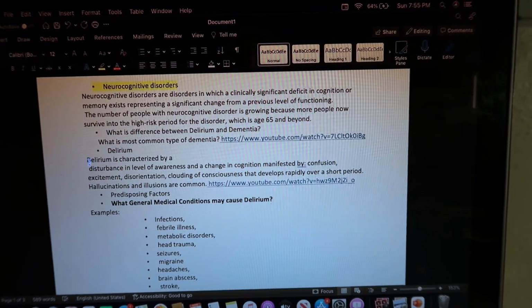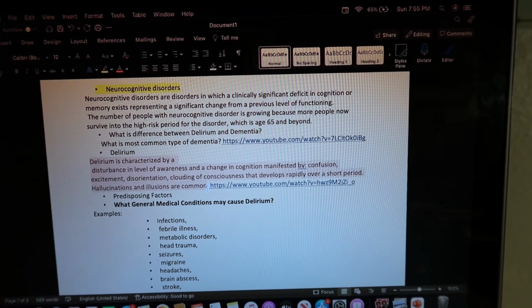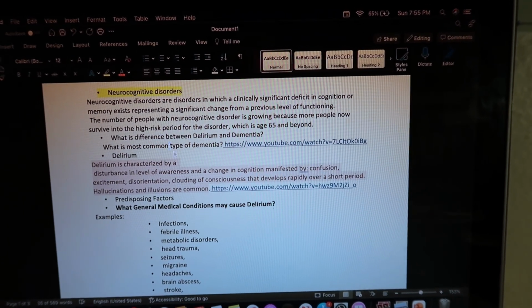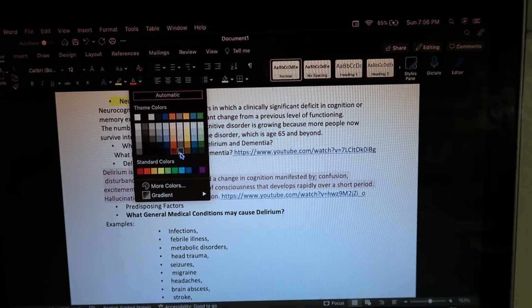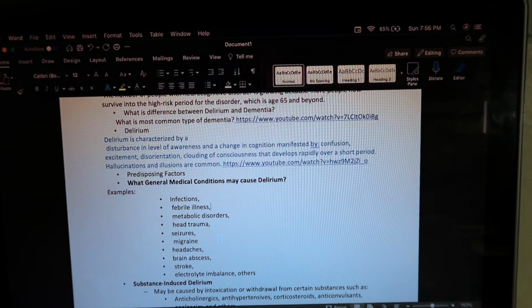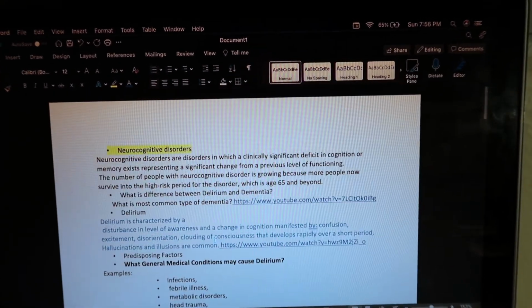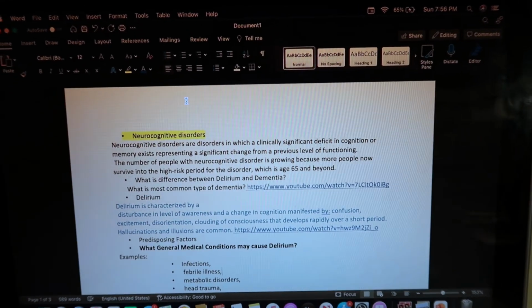If she said something really important, I'll highlight this, and I'll change the font to blue so that it kind of stands out. So I'll just take notes while she's lecturing, and at the end what I'll do is